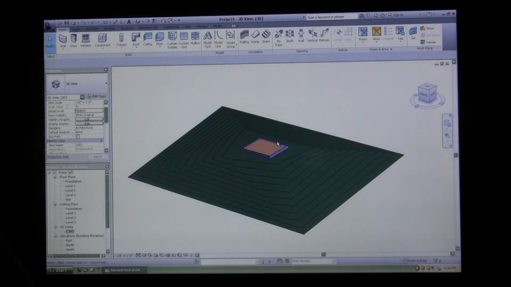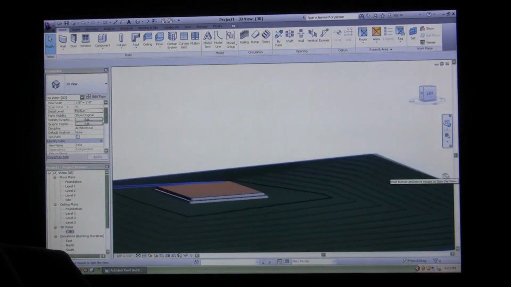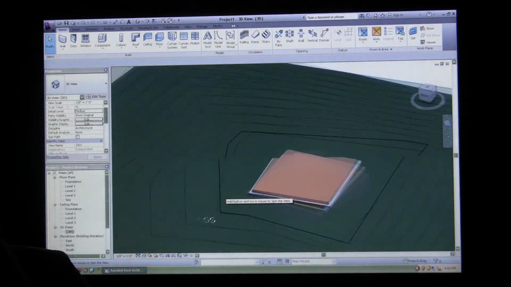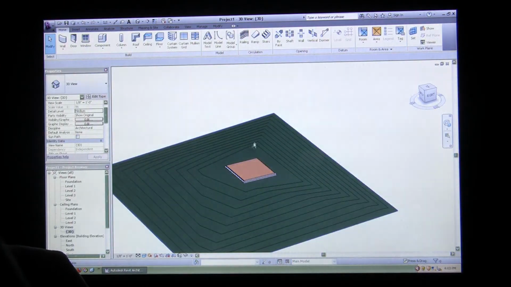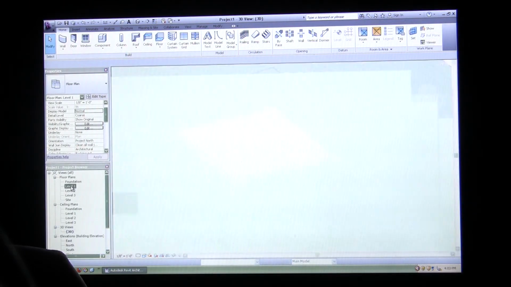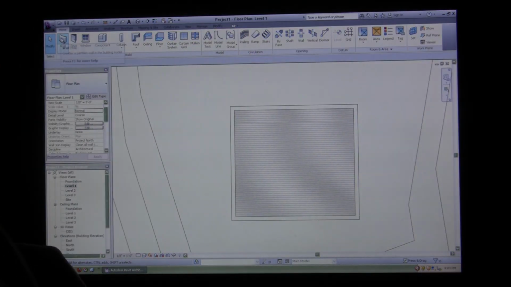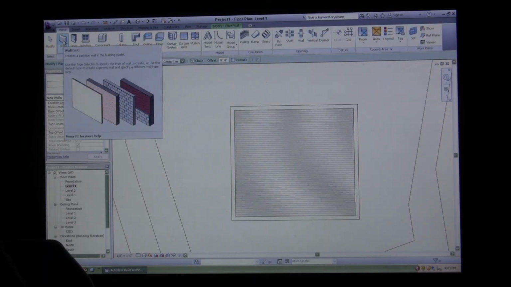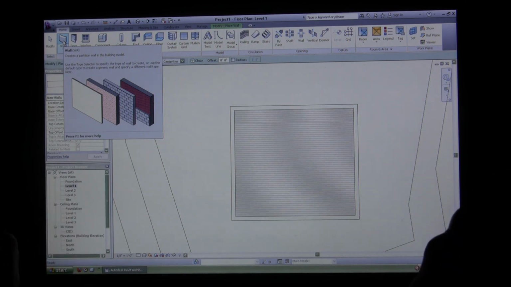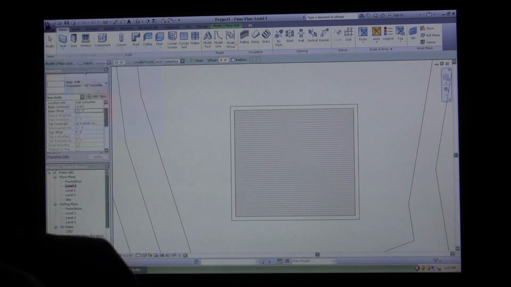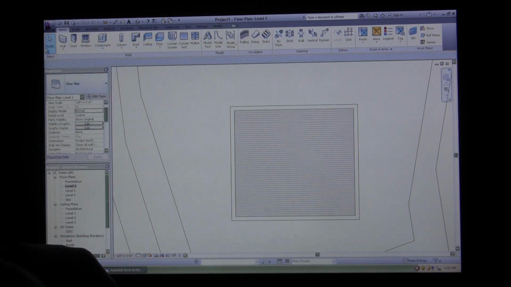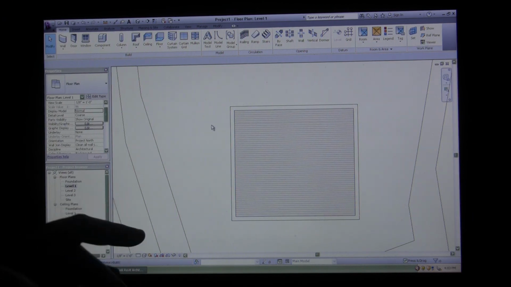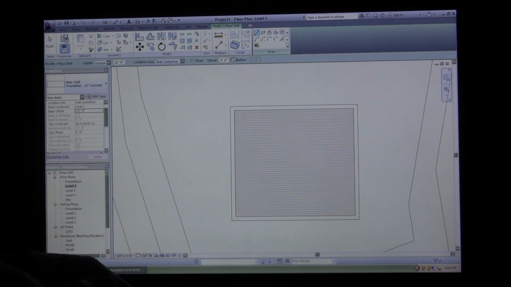So if we go back to our 3D view, we can now see we have our foundation wall, and we have our first floor right there. So we're going to go back to level 1. Now we're going to create the walls. So again, we're going to click the first wall button. And as you can see, when I highlight over wall, in parentheses it gives me 2 letters. Now these 2 letters are the shortcut for wall. So if you're tired of clicking on all these buttons and you're a hotkey kind of person, you can just click WA and it automatically gives you the wall